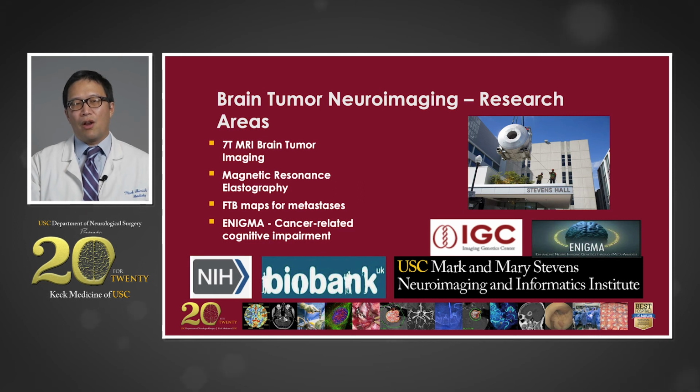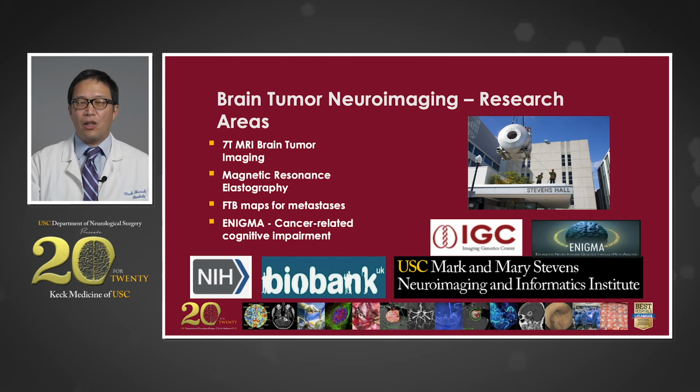We're also embarking on a program using a technique called magnetic resonance elastography to determine how hard tumors are. For example, meningiomas can be very soft, or they can be very hard. And it's very important for the neurosurgeon to know what the consistency is before they go in and operate. This can help the patient understand what their expectations are with respect to how much of that tumor we can cut out, because if the tumor is rock hard, it may be very difficult to get it all out. On the other hand, if it's soft as jello, it's relatively straightforward to cut out the tumor in its entirety, and also have minimal blood loss. So that is a new area that we are working on, as well as trying to develop these FTB maps